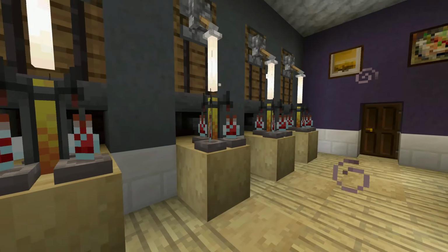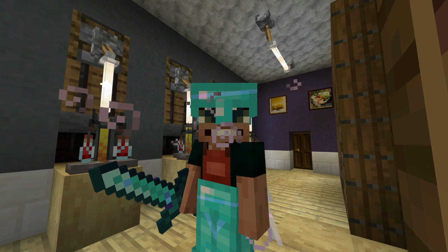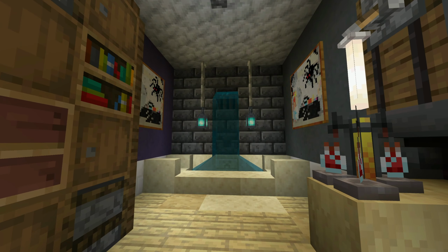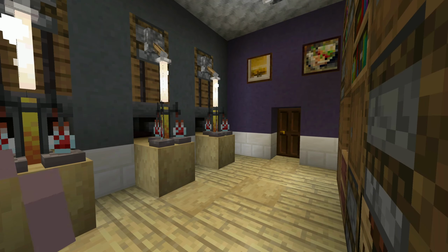Oh, I can't wait. I'm going to show you guys. I remember telling you guys I was going to put this in that big open area I have out near the entrance of the Iceboat Road. We'll show you what I ended up doing over there, because I could not get this to work in that area. It just did not look correct. What I did here, and you'll also have noticed that I'm